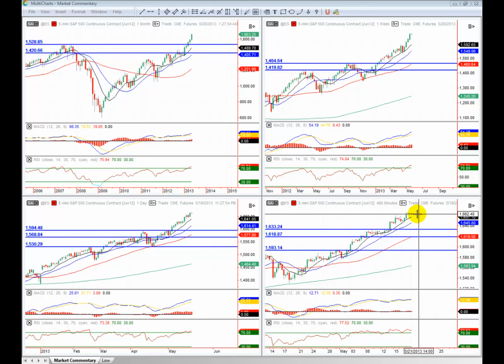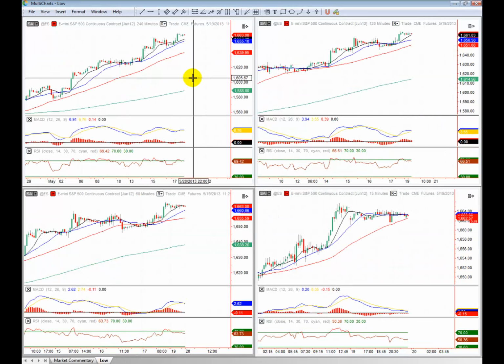So we're looking right here. Looks like we're getting another sideways consolidation. The moving averages appear to be catching up to the price, which means we'll probably get a sideways consolidation and then we'll move higher again. And so let's go down to some of the lower time frames, see if there are any trade setups here based on what we're teaching in the advanced course, looking for some of those momentum breakout trades and some of those trend flow setups. So looking at the 240 right here, ever so slight divergence